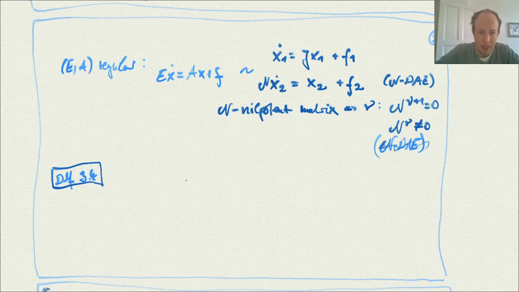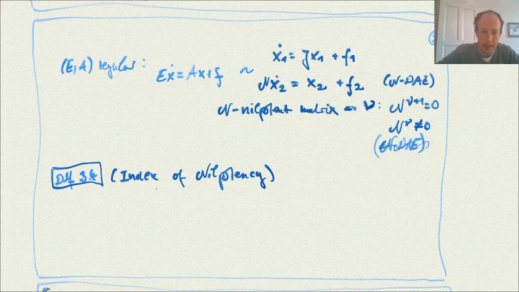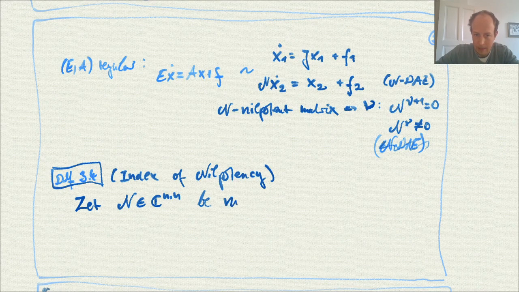Okay, and now we define what is basically a bit better definition for this nu, because this actually defines an index, as we will see. So we will start with defining the index of nilpotency. Let N be in the square matrices. We need to take the square of N and the third power, so it needs to be a square matrix. So let N be a square matrix, be nilpotent,